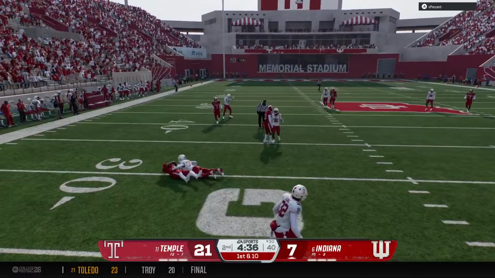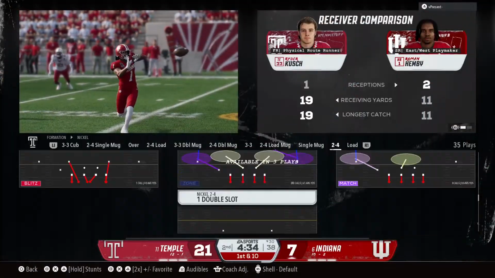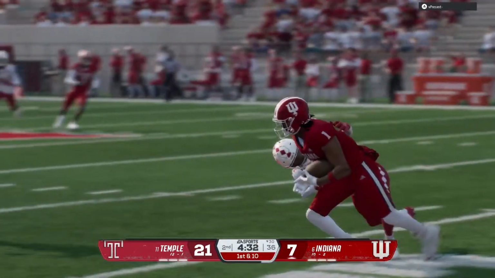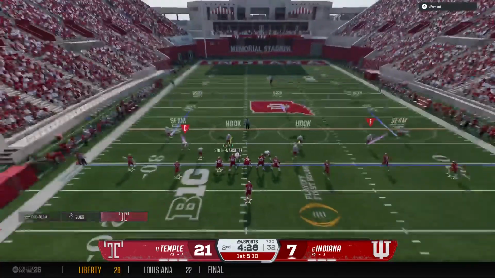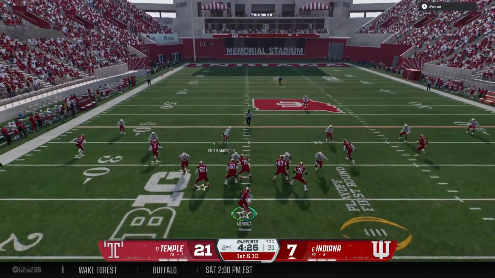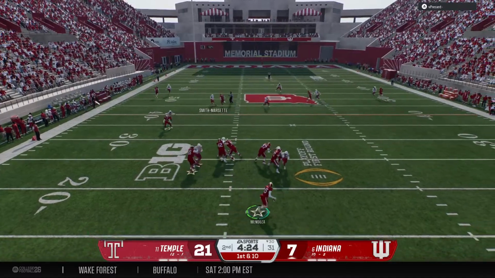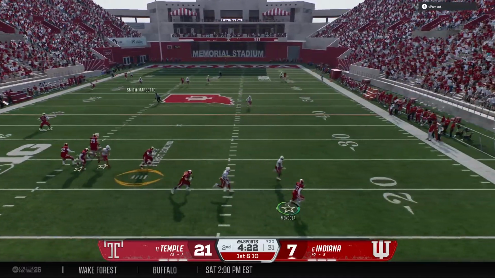Nice grab. It's Hemby. Tackled right at the 30. Good enough to get the sticks. 1st and 10 now for the offense. Well, it's so easy to get caught up in the receivers and the quarterback, and your eyes get lost. You forget about the running back. Nice catch and a first down for this offense.